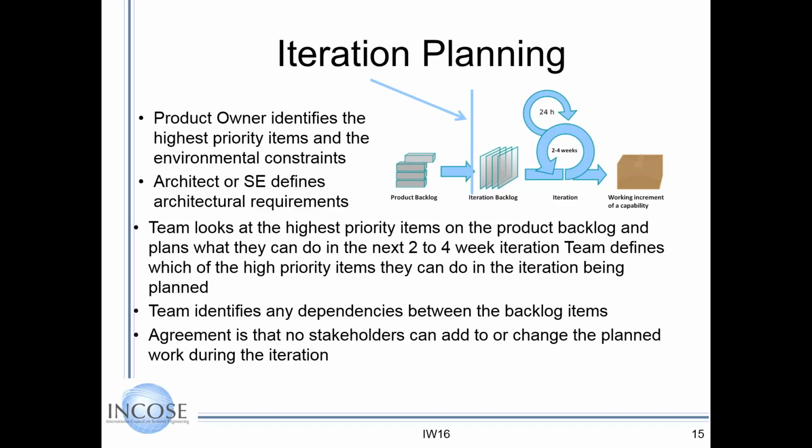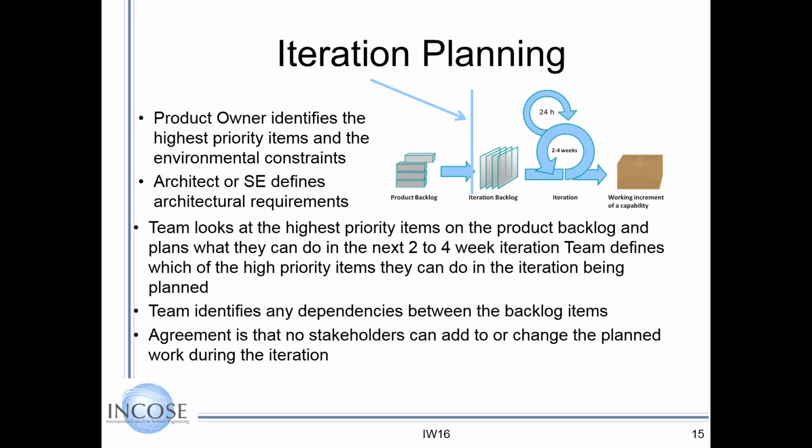So the team looks at the highest priority items on the product backlog and plans the next 2 to 4 week increments or iterations. So they define which of the high priority items fit in the iteration being planned. And this is not uncommon in a planning session. I want all of this done, but by the time planning is finished, they can only do this much. And the value in that session is that conversation and the clear understanding of, if you want it in 2 weeks, we can do this, but the best part is you're going to get that feedback and stay on track. Is this working the way I expect?